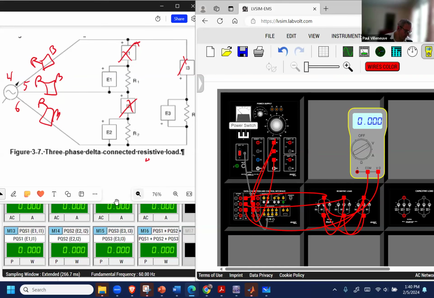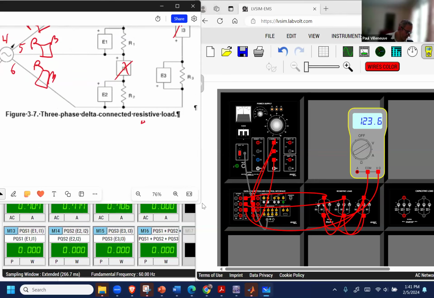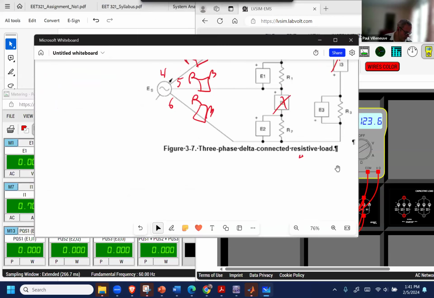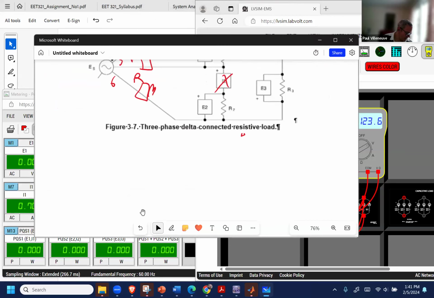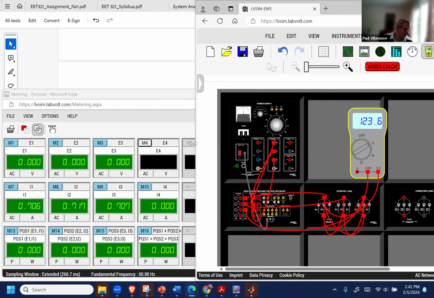And now I'm going to flip this on. And all I'm looking for is my currents. I actually don't care about any of the parameters because nothing else should have changed, right? Wow, I might have to quit whiteboard because it's not letting me rescale anything. It's like it's lost. Yeah, I think I'm going to have to restart whiteboard, but you can see that all my currents are now around